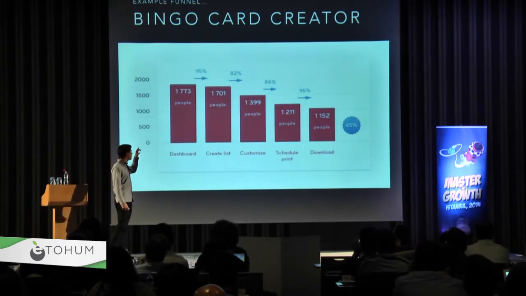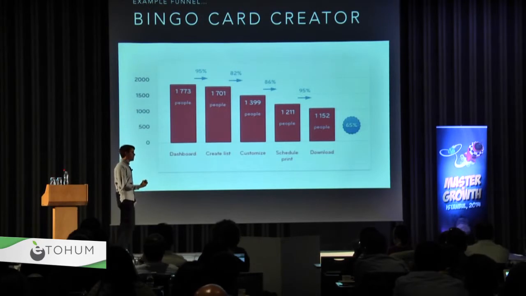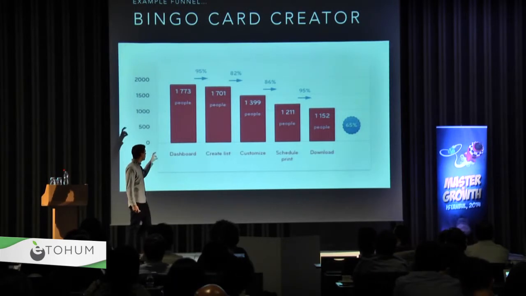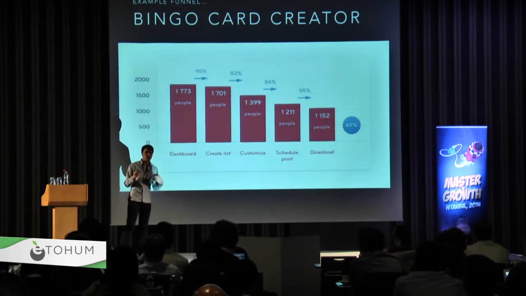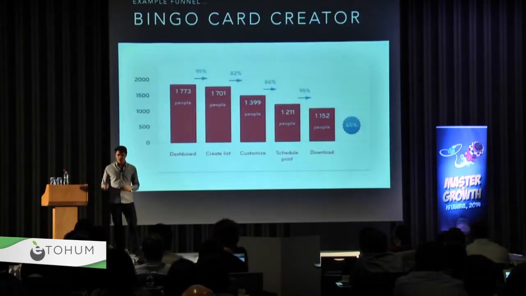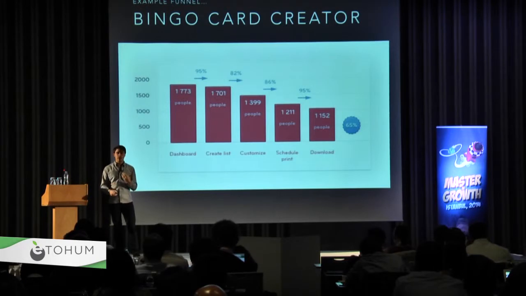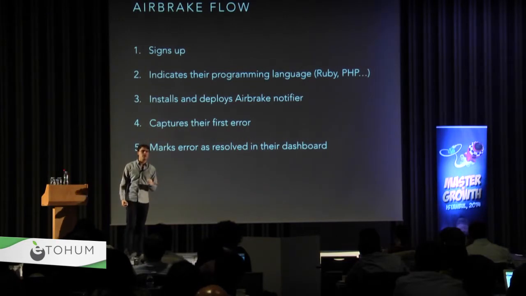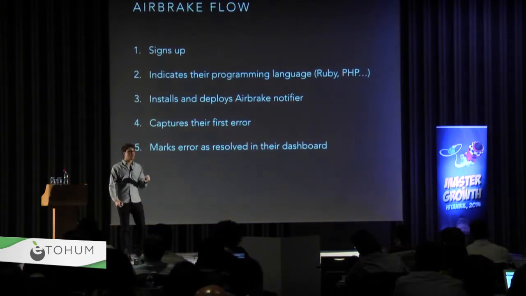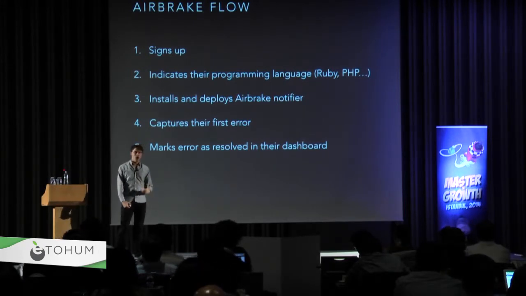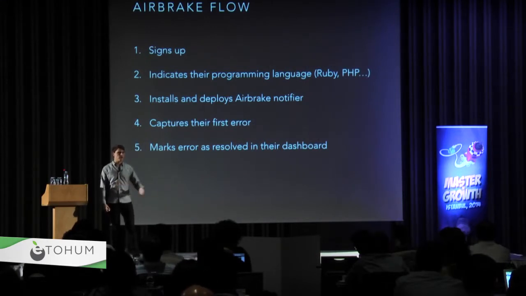For him, 82% is the lowest, and it's earlier in the funnel, which means more people fail to do that than later on down the line. So going from creating lists to customizing is probably a really good candidate for a step he could focus on to try and improve. So for us, when we were doing this, we identified step 3. This is the thing that we wanted to change. If we could improve this number by just a couple percentage points, that was going to be worth tens, hundreds of thousands of dollars in revenue over the next 3 to 6 months.